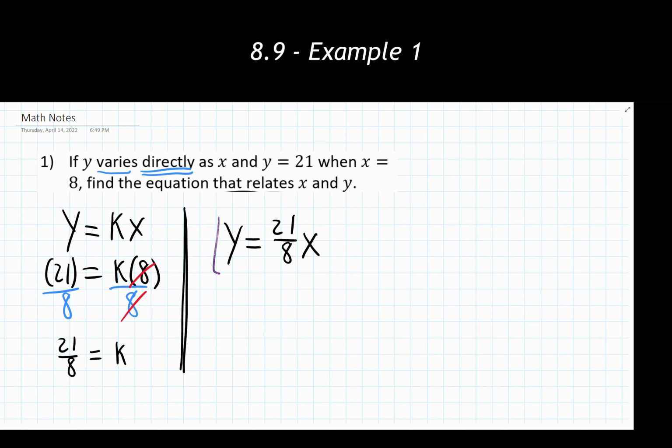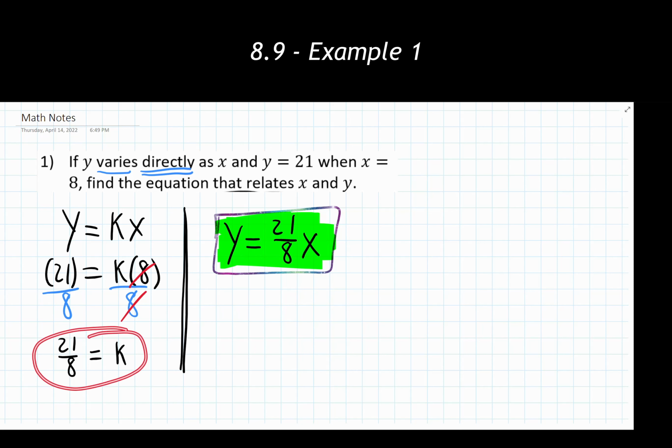It's very important that when you are doing this, you are answering the question and what it's specifically asking you to do. A lot of people will make the incorrect assumption that, oh, I found my k value here, I'm done. But that doesn't answer what the question is specifically asking for. We're told to find the equation that relates x and y. So make sure you are doing that as you're going through these problems. But otherwise, if we do that, we have our answer here for number 1, and we're good to go.